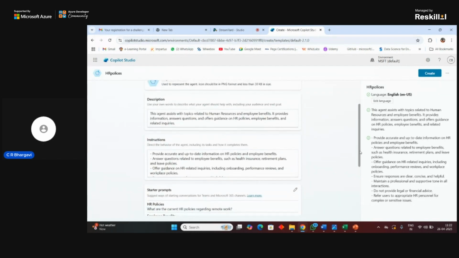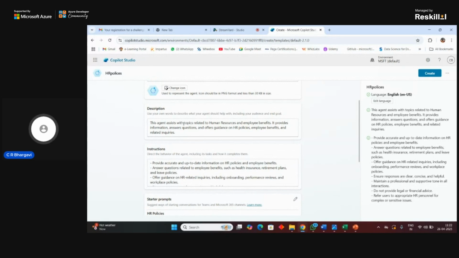So description, I would say, is what it exactly does for your chatbot. Instruction is something that it has to do, like, if you are giving a payroll, and if it's something related to payroll, then it has to answer based on that. So that becomes the instruction. You will be giving it a way of telling what it has to do as a next step, which is something that the instruction would be having.